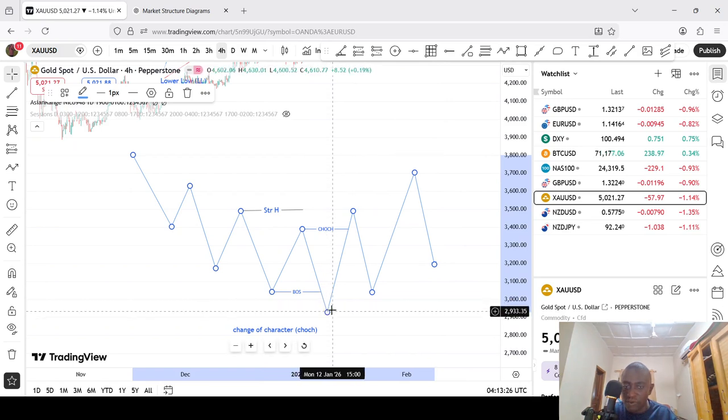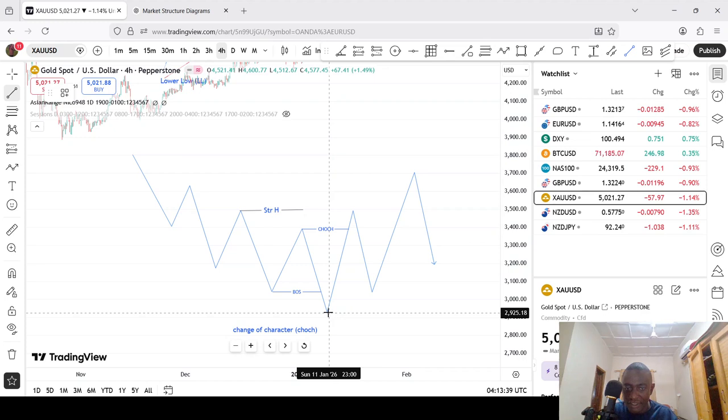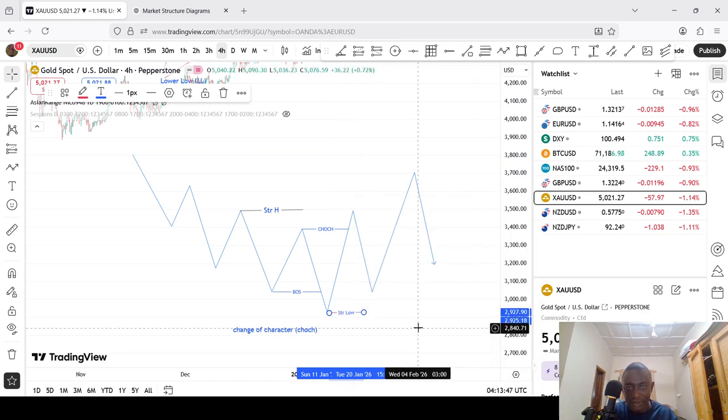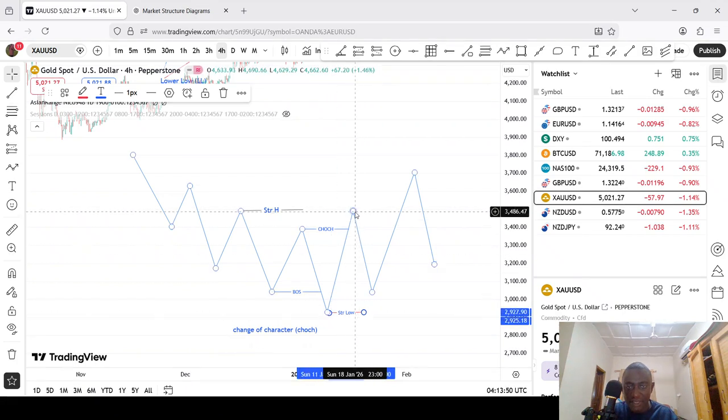It took this place, this point. So here, once it took this point to break this low, here becomes a strong low. You understand? So like we have changed the trend. So this side becomes our strong low, and we are not expecting price to go below it. All right, so when it got to this point, from here, the strong low, it used this point to break this level. So right now, as I said, whenever there's a change of character, there will be a pullback. Whenever there is a BOS,